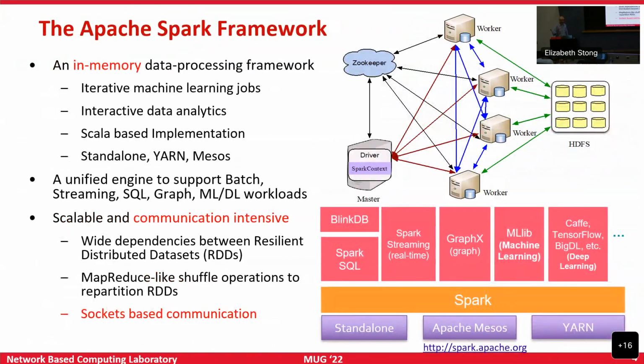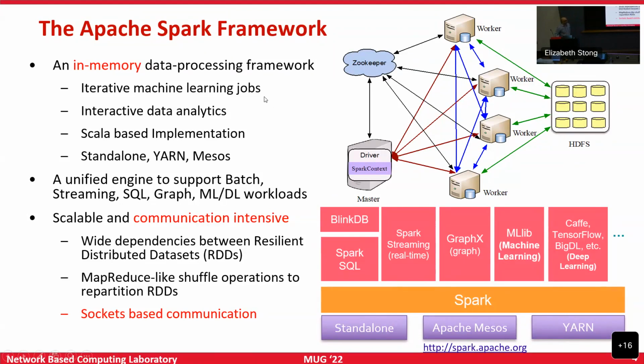So in this context, one of the important big data frameworks out there is the Apache Spark software. Another very important workload is Dask, which is a very popular Python-based big data framework. And we are already supporting that using MPI through our MPI4Dask stack. So this is a parallel, similar effort to support Spark on top of MPI.